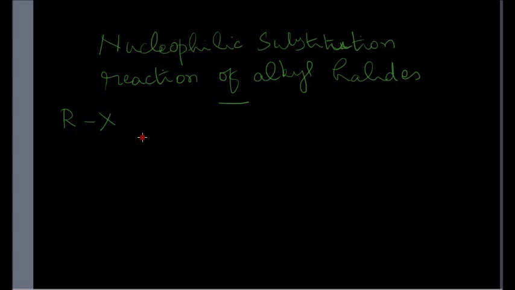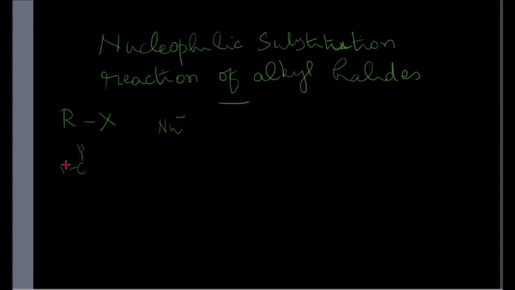Now, what is a nucleophile? Nucleo refers to positive charge. Phile or philic means attraction. A nucleophile is thus represented by Nu minus because it is attracted to the positive charge or positive center in a molecule. It should be carrying a negative charge. It is an atom or a group of atoms carrying a negative charge or a lone pair of electrons on one of the atoms. I will explain taking a specific example.